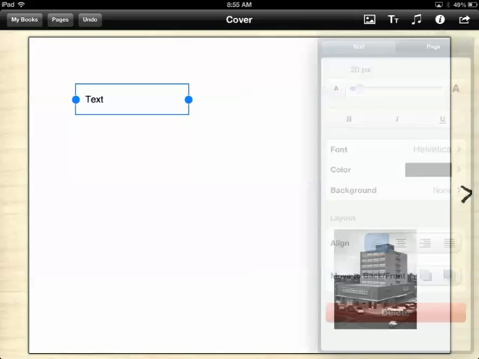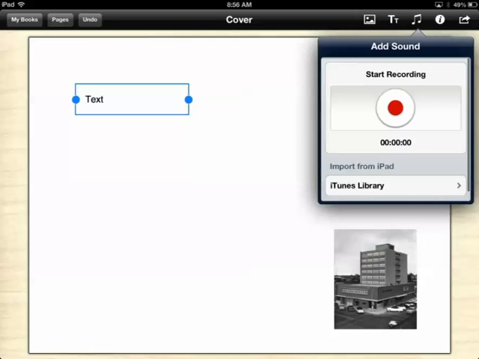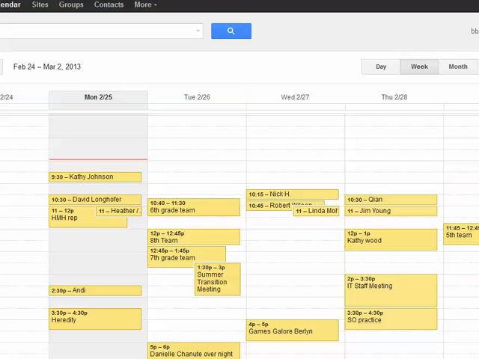All right. Okay. The next button over is the music note there, and that button allows you to put audio clips in. So I can hit this button, and the record button, and